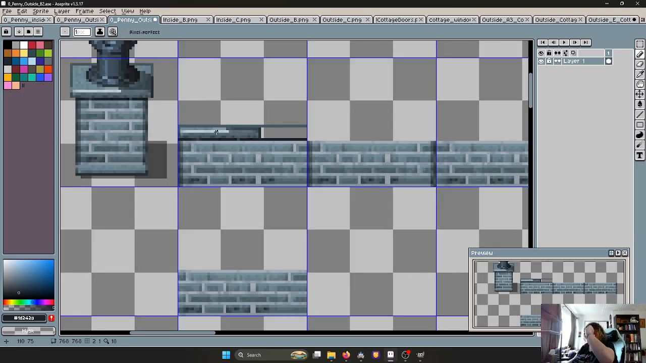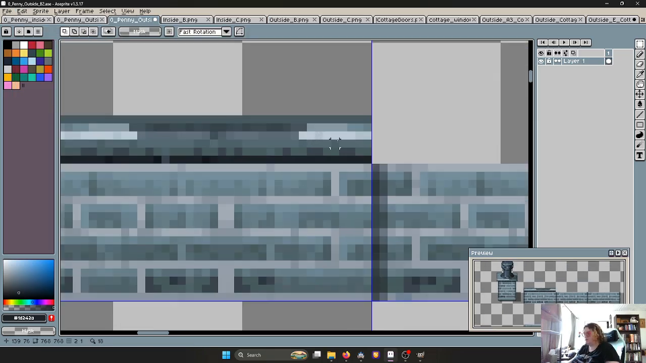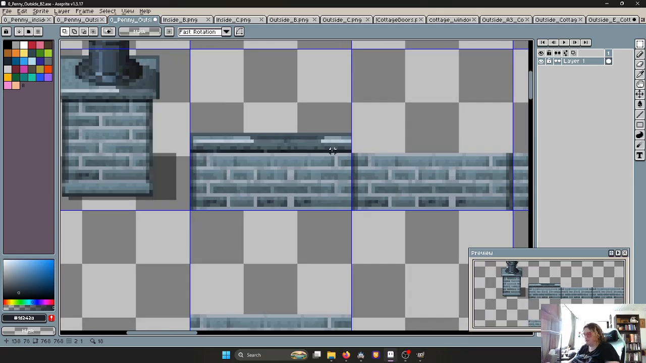Okay. And get rid of you. Now we're going to pull essentially the same trick here. We're going to flip it horizontally, attach it, make sure that it looks good, and I actually don't like that, so